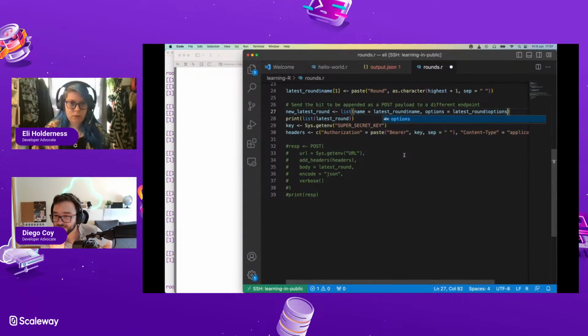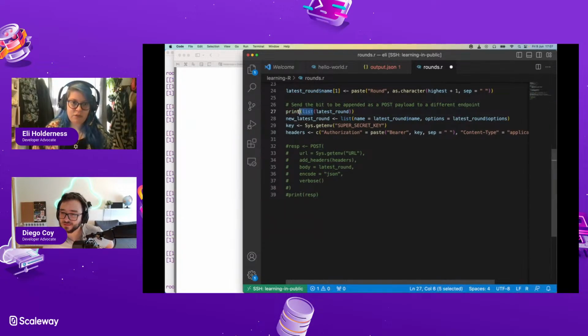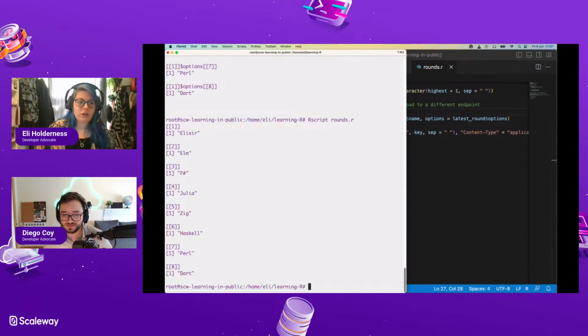Oh, also, what I want to do is print the latest round's options, because I don't know what it looks like when you access that. Yeah, that looks fine. That looks correct.